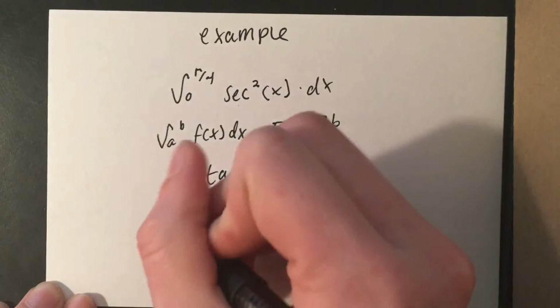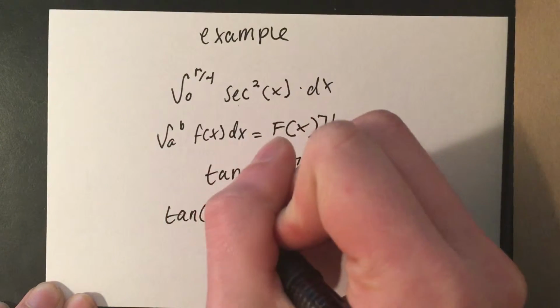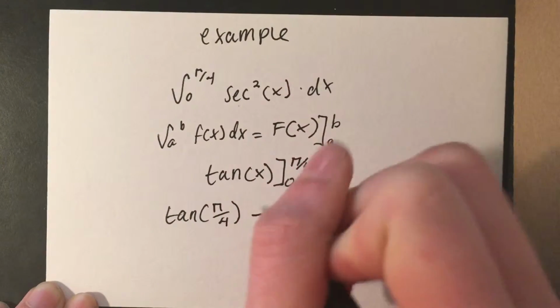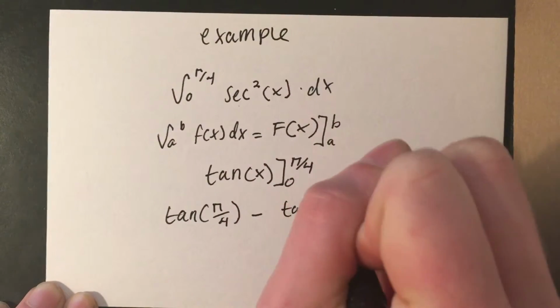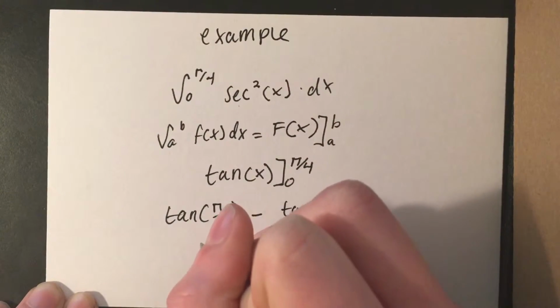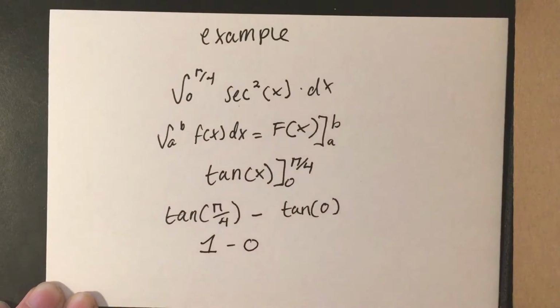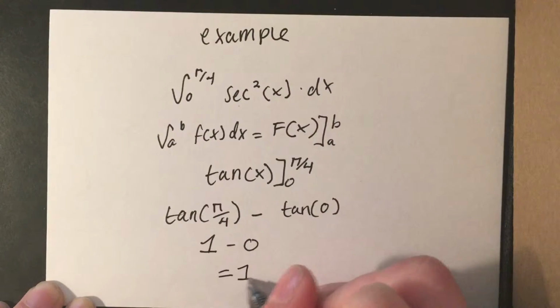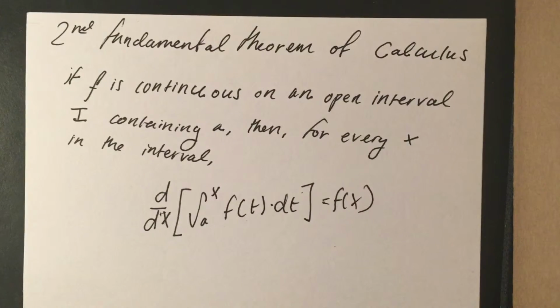Okay, so tangent of pi over 4 minus tangent of 0 gives us 1 minus 0. And what does that equal? 1. The second fundamental theorem states that if f is continuous on an open interval I containing a, then for